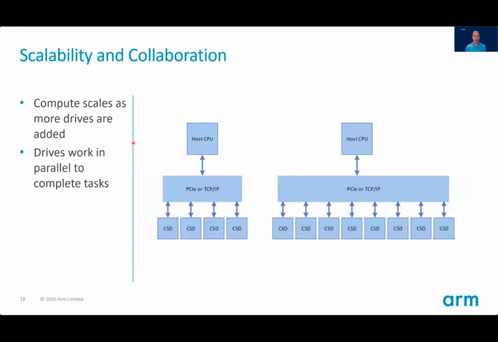So computational storage scales and collaborates very nicely, especially as more capacity is added to systems. Looking at this little picture here on the left, we've got 4 computational storage drives, each of course with its own compute, offloading this host CPU. If we find that that's no longer enough capacity and we need to double our storage capacity, shown over here, now we have 8 drives, we've doubled our compute in those drives. And all these drives are capable of working in parallel on a particular workload to offload this host. So work can be getting done on all these drives at the exact same time in order to get tasks done as fast as possible.